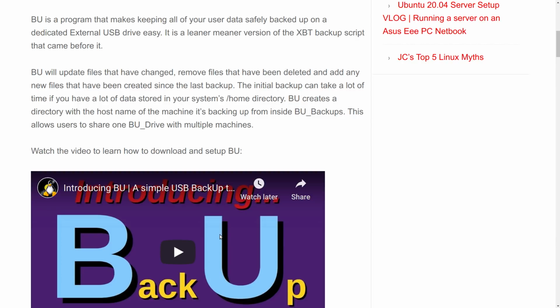A lot of people, when they think of backup software, think of more complex things that have rolling backups, and it will store the backups in proprietary locked files and things like that. That's exactly what I was trying to avoid. I wanted to make a very accurate, restorable image of what was in the home directory, but I also wanted it to be freely accessible. So let's go ahead and give BU a demonstration here.